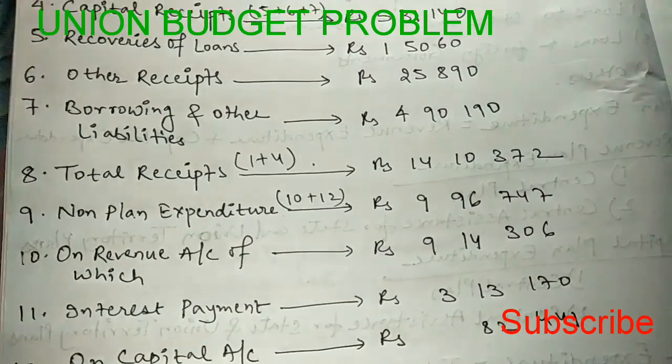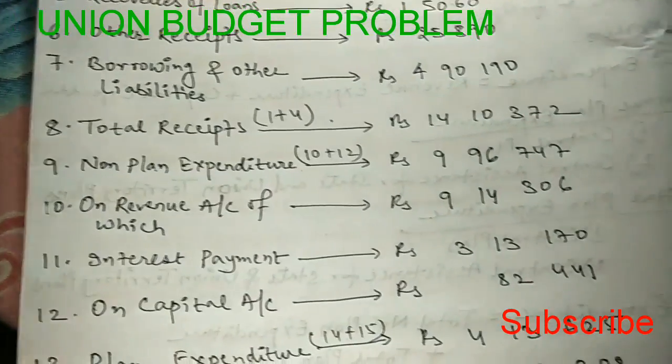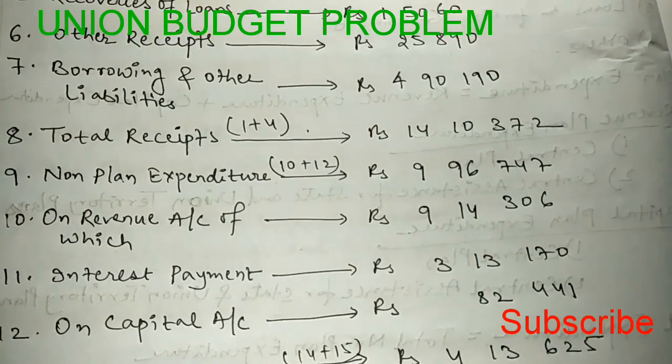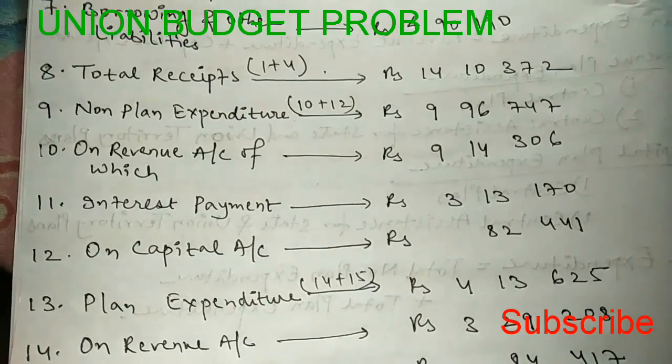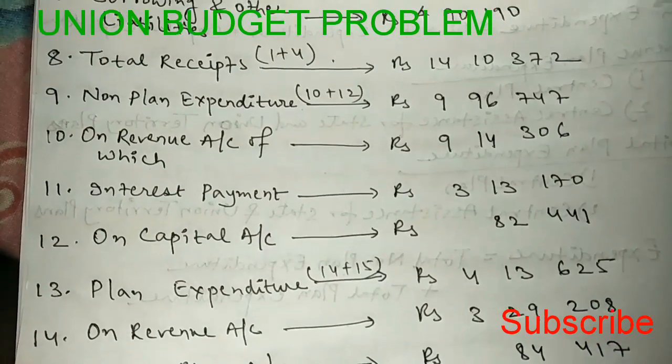Interest payment will be 13,117. On capital account 82,441. Plan expenditure will be coming here, and on revenue account there is